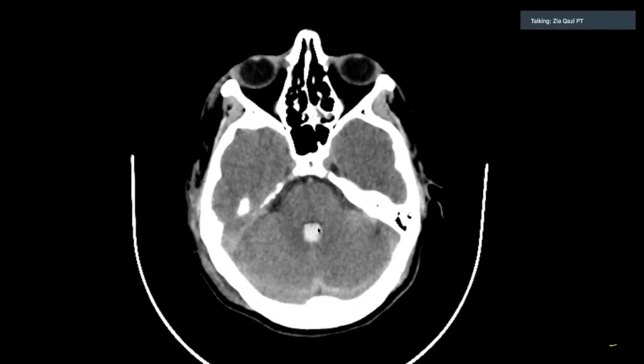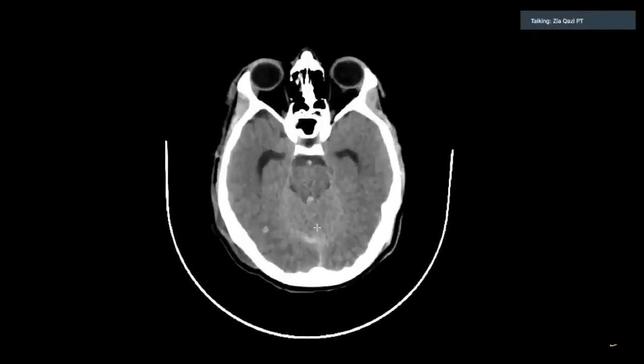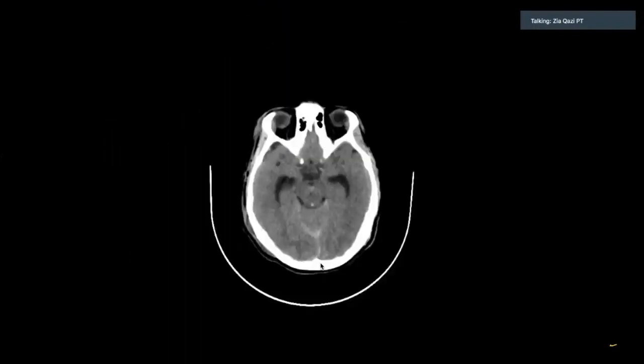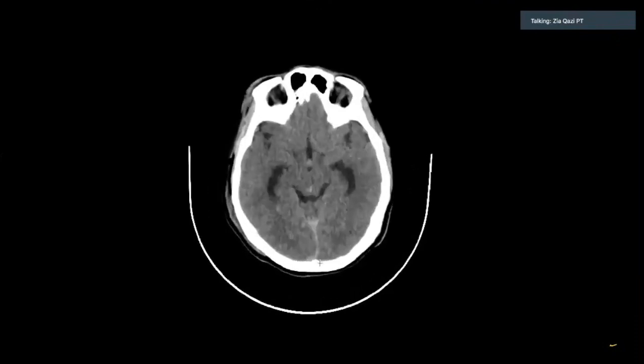That is the fourth ventricle. It is supposed to have CSF there and be black, but this is white. So something wrong is going on. Okay, we'll go higher. Okay, better. Now you see this area behind the midbrain has a complete white patchy effect, like a painted or blurry, smoky kind of patchiness. We'll go a little more. Yeah, it's more visible. Okay, cool.